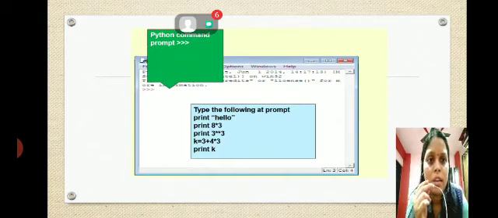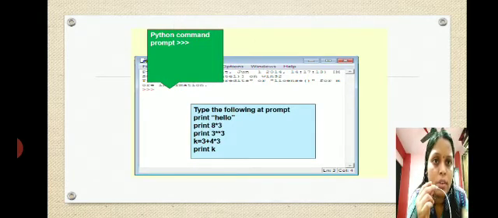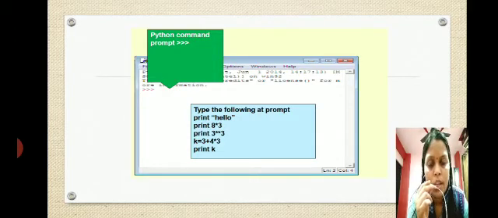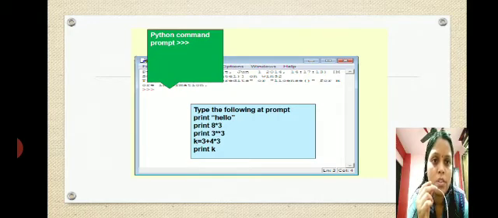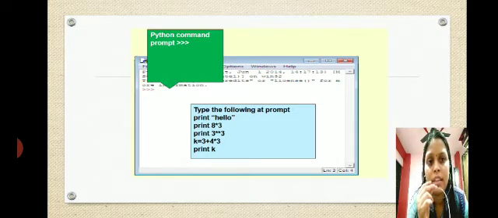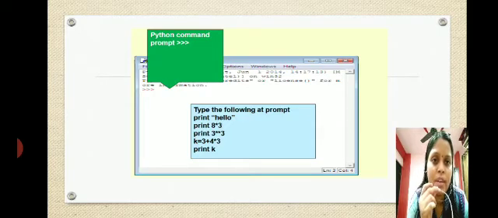Next, what we call the 3 angular brackets is the Python command prompt. In this command prompt, I am now giving you tasks. Please write down the following commands after installation. First write print hello, then press enter. You will see that hello comes on the next line. Print 8 into 3, then see whether 24 comes or not. Print 3 double star 3, which means 3 to the power 3. Here we do not have a power option, so we use the double star. Now k equals 3 plus 4 into 3, and we finally print k. In this way you can check as many programs as you like.